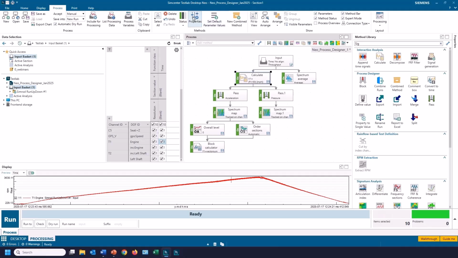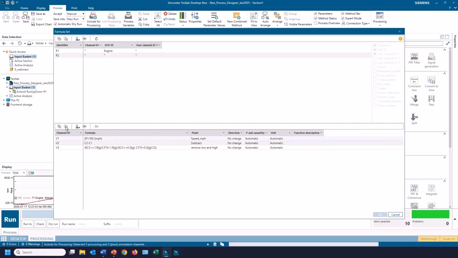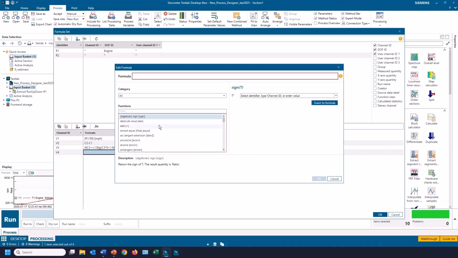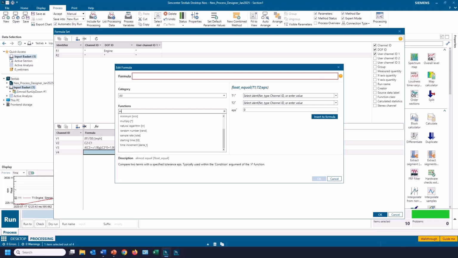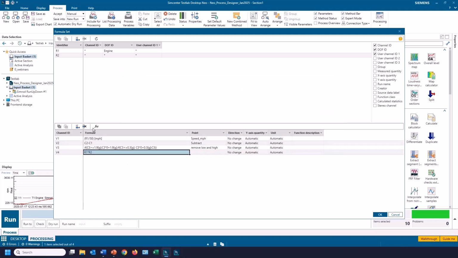So here's a calculate method. And if I look at this formula set here, I can go ahead and define a new formula, and I can click the FX, and then I start to see all the formulas that are available. If I want to search, so maybe I search, for example, multiply. Okay, I find multiply, and then I can see the syntax of it, and I can use this to pick the items and insert them in the formula. So if I pick maybe R1 or G, insert the formula, and it's going to multiply those two. So that's how that syntax looks.